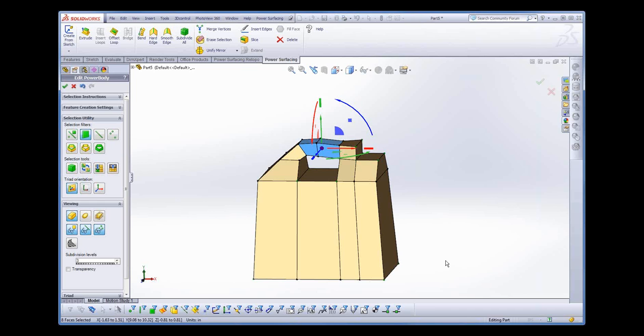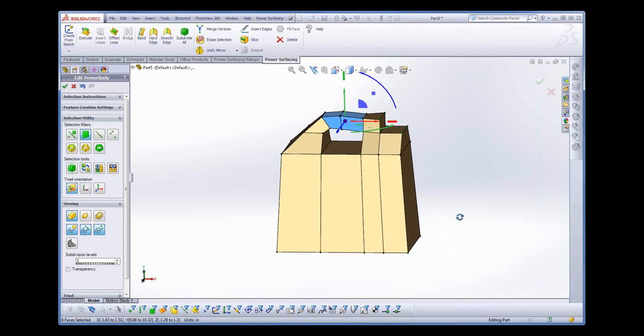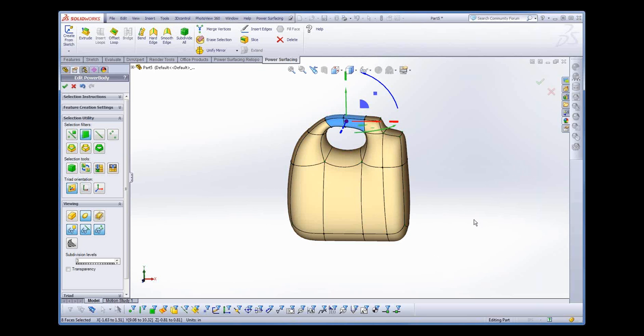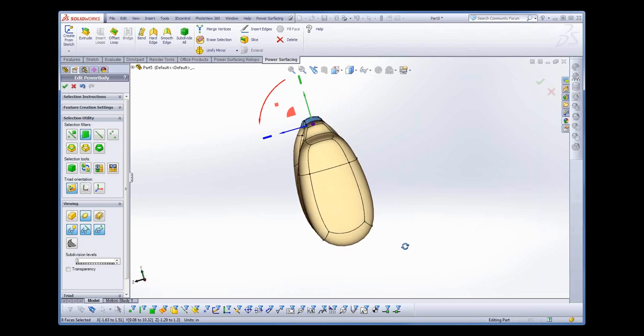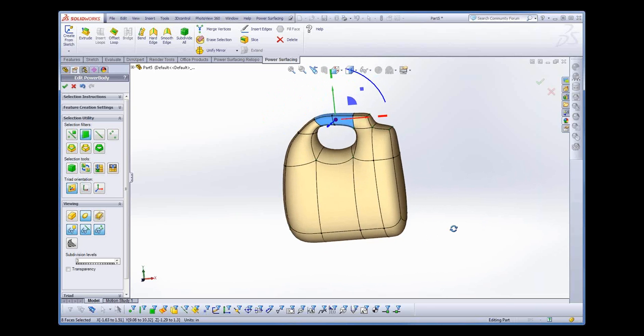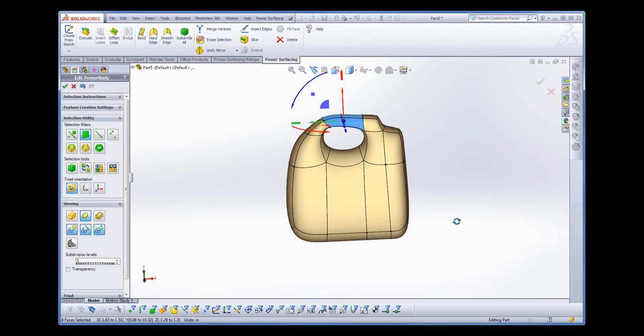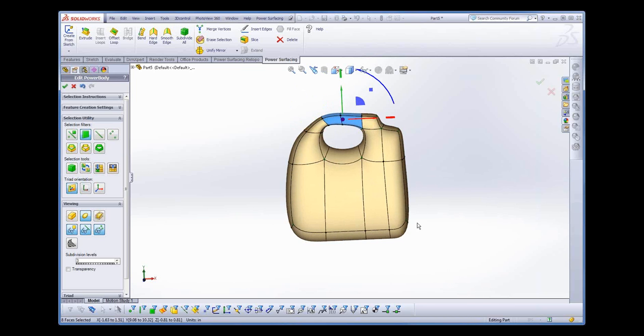Now, this would be a really good time to switch back over to the subD display and see what it's looking like. So our top part's starting to look pretty decent, but our bottom part, you can see that there still isn't enough geometry there to sort of fill it out to that original control mesh. So I'm going to go ahead now and switch over to